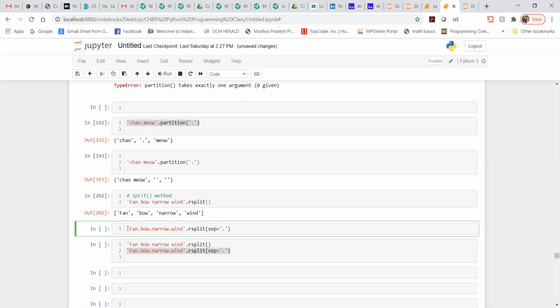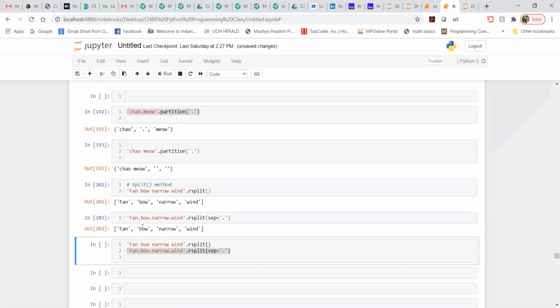If yes, then let me run this. You can see it works, and it separates based on the dot value.